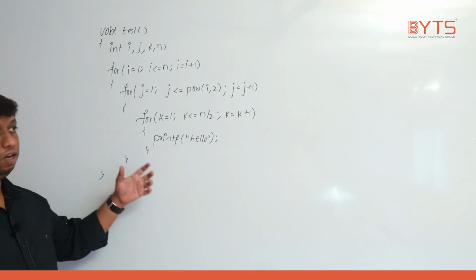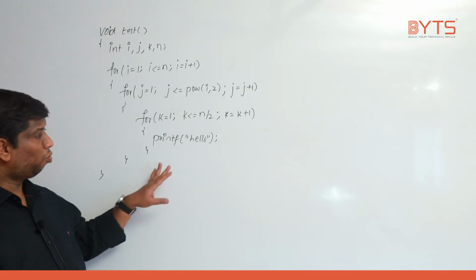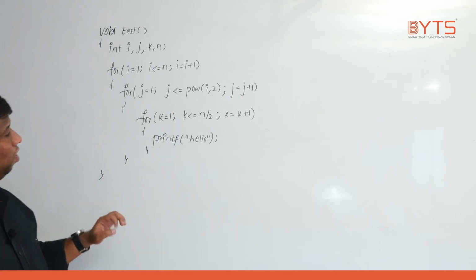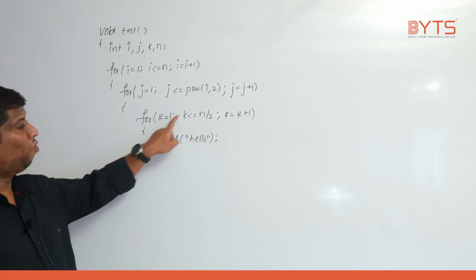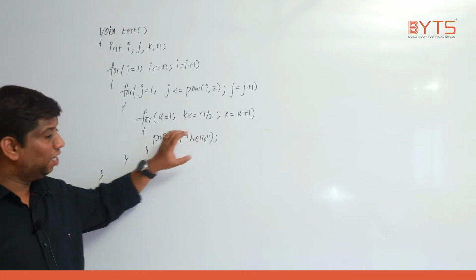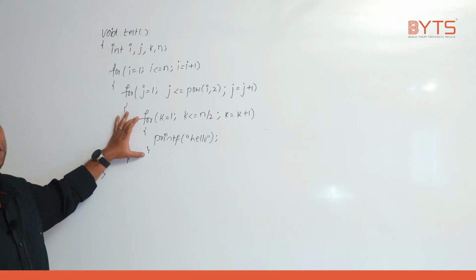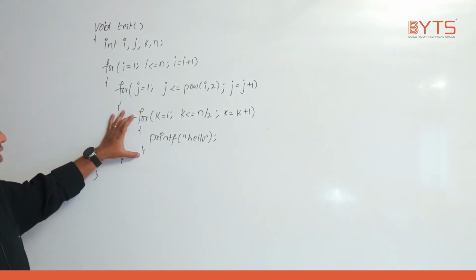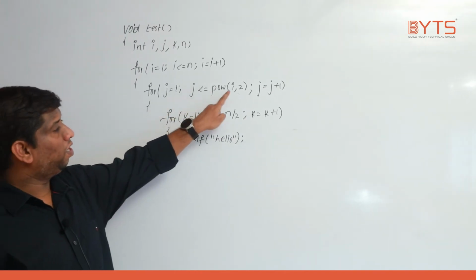Okay, well, so this is another example. We'll try to solve this. Always you need to understand substitutions, how you need to do them. Here have you noticed the k loop is every time repeating from 1 to n by 2. That means k is every time repeating n by 2 times irrespective of any condition, right? But have you noticed j is dependent on i.